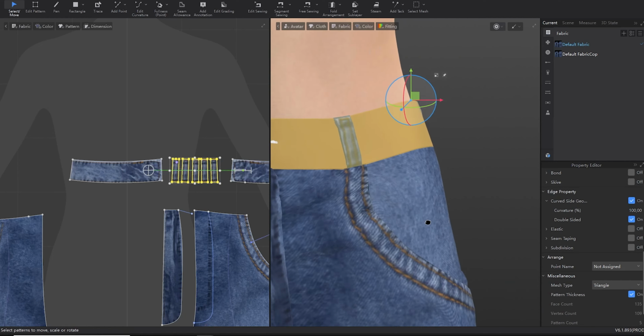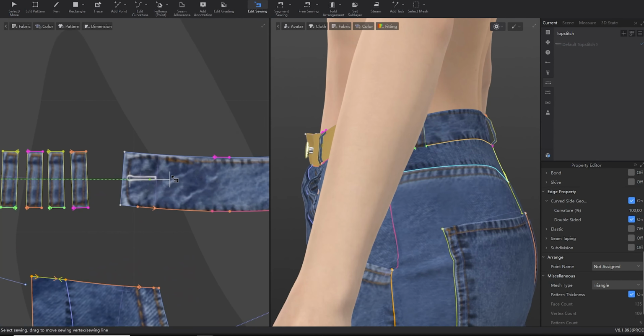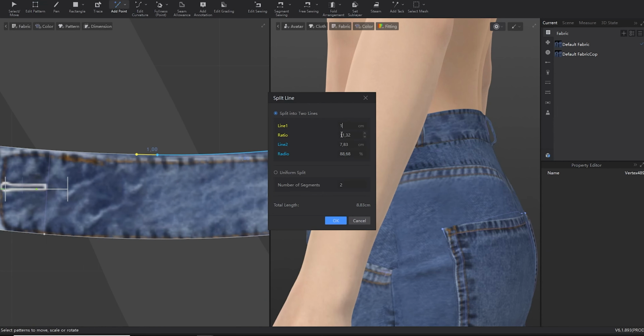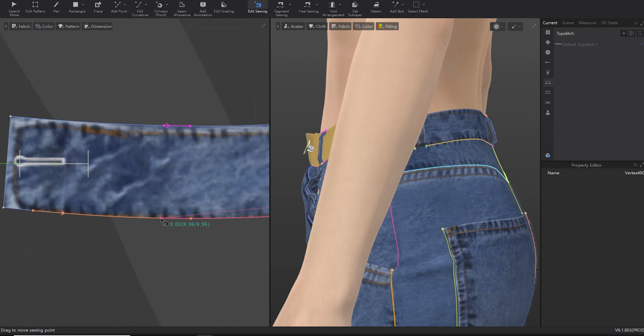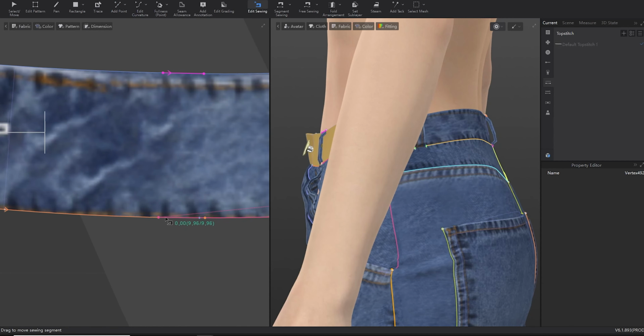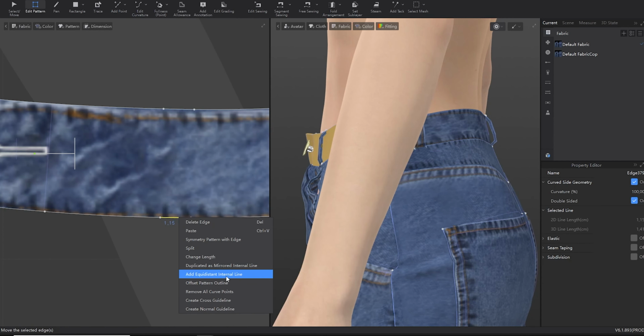You see, right now I'm using the split. So this could be totally used. You just right click over it, or you just press X and click over the line. It will create a splitting line. Right now I'm adding equidistant internal lines, so I could just double sew the,